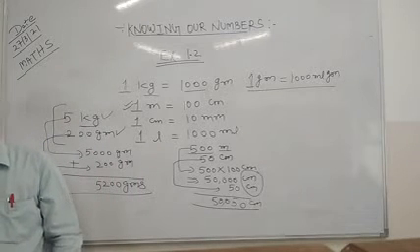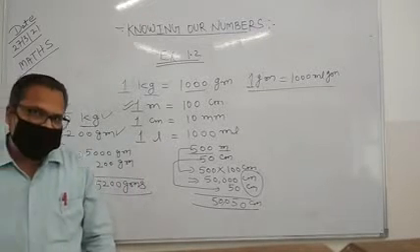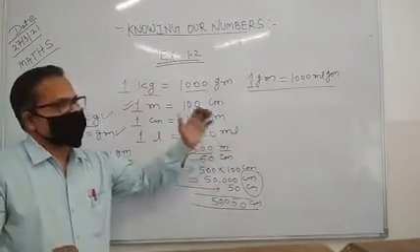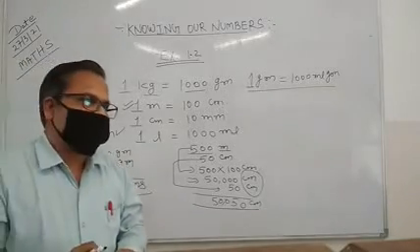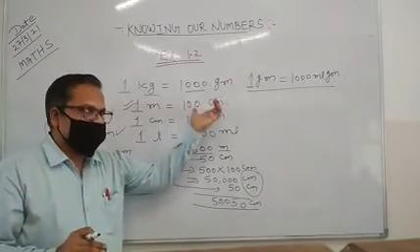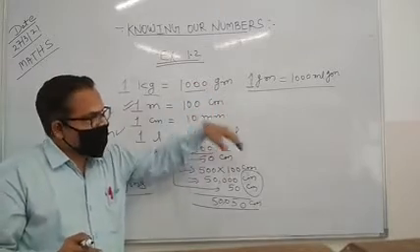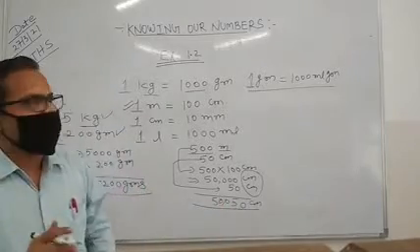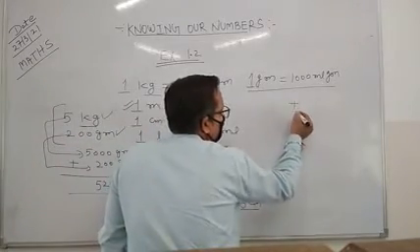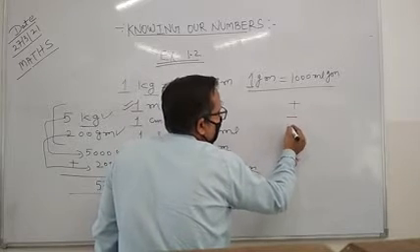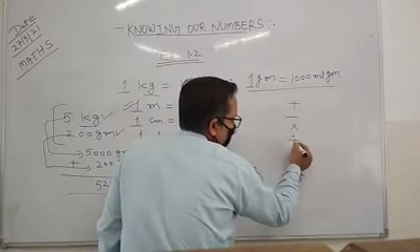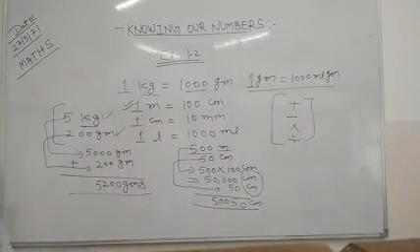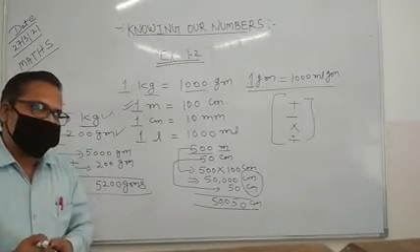Then only can we add, multiply, divide, anything we can do when we have this type of units and we make them similar units. What you have to remember is, whenever you are given different units, you should convert them into similar units. Then only can we do the normal addition, subtraction, multiplication and division. This can be done when we have the similar unit. Similar means one is given in one unit, and the other is also in the same unit.